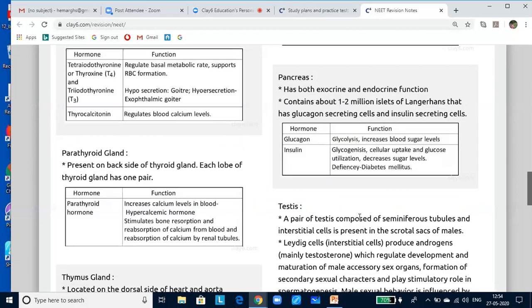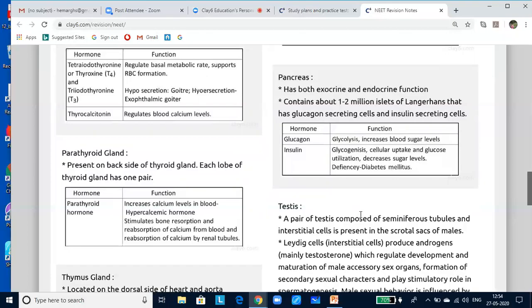So you know, insulin's function is to reduce the blood sugar levels, and its deficiency will result in diabetes mellitus. If you look at glucagon, it increases the blood sugar levels. So they have got antagonistic properties. Now delta cells are the middle cells producing somatostatin hormone. F cells produce pancreatic polypeptide.